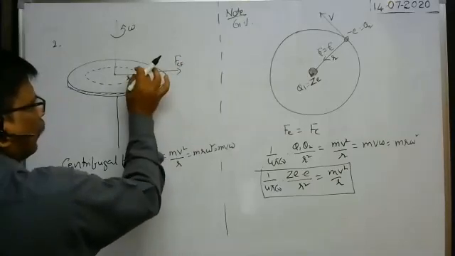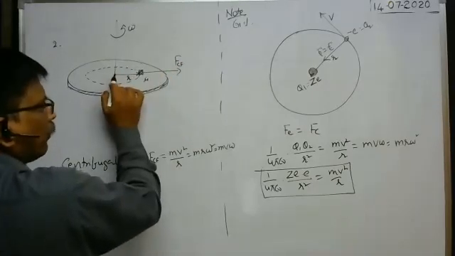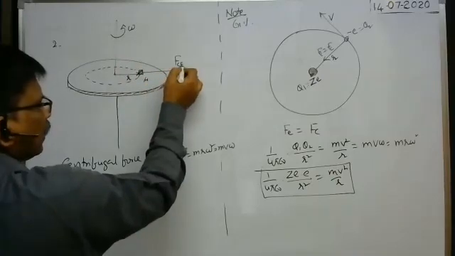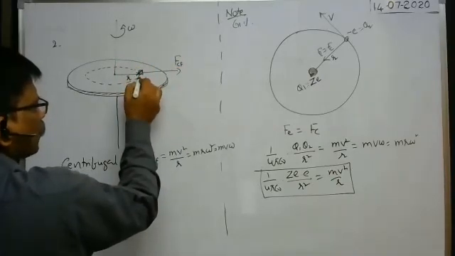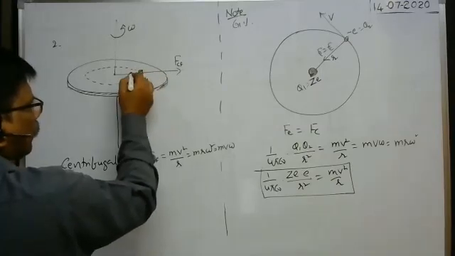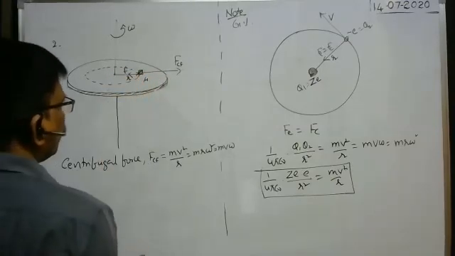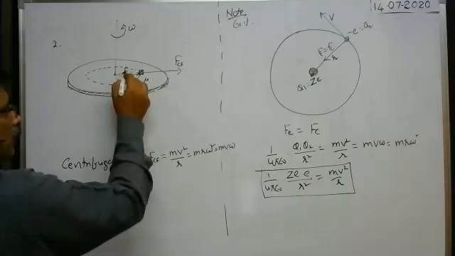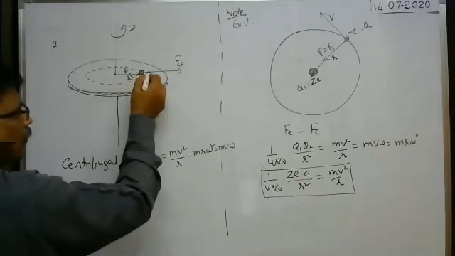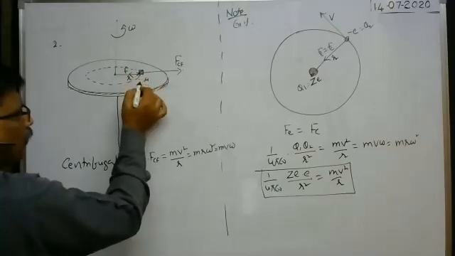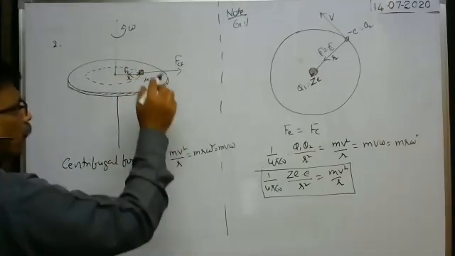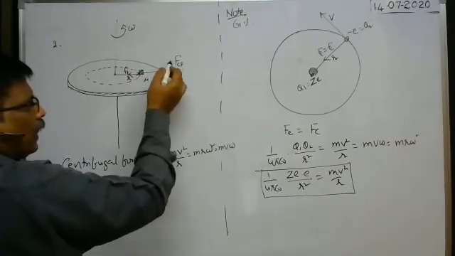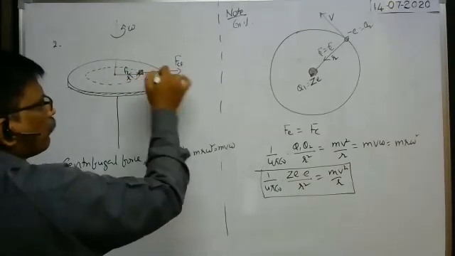Because of the centrifugal force, the body would travel away from the axis of rotation, no? But it is not happening, because whenever the body tries to slip off the disc because of the centrifugal force, at the same time the friction between these two acts on the body opposite to this force, that means towards the center. That is the friction force. Suppose the limiting friction between the body and the disc is FL. Whenever the centrifugal force is equal to FL or less than FL, the body does not slide. Whenever the centrifugal force is greater than FL, the body slips off from the disc.